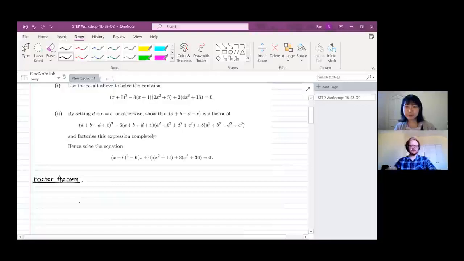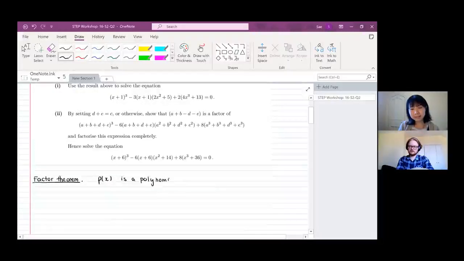Well, firstly, what is the factor theorem about? It's about polynomials. So if p of x is a polynomial, and remember that polynomials are things that look like a_n x to the n plus dot dot dot plus a_1 x plus a_0, then